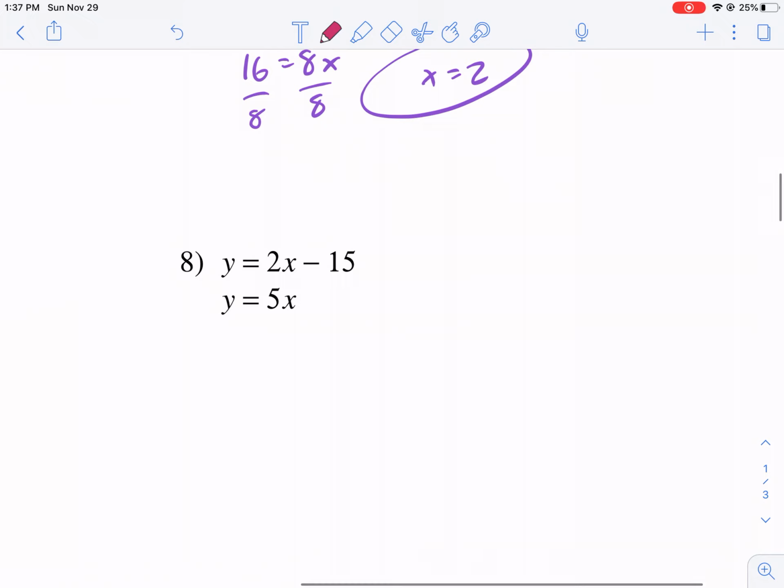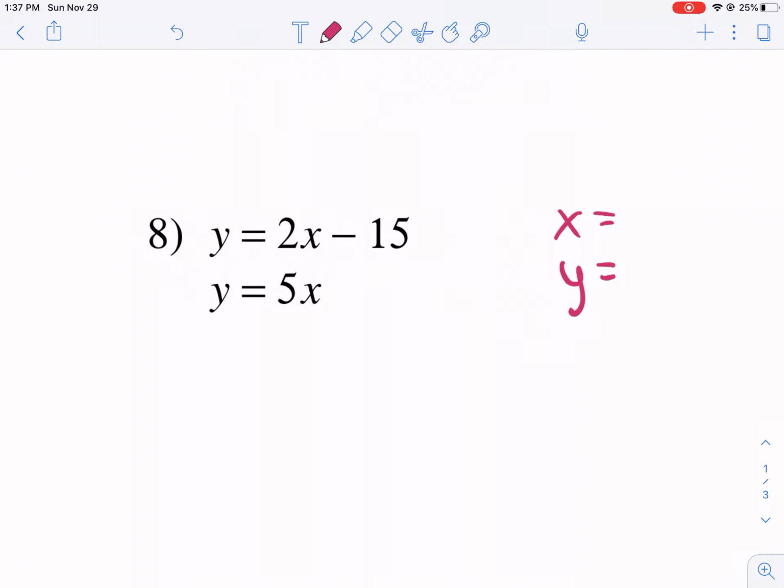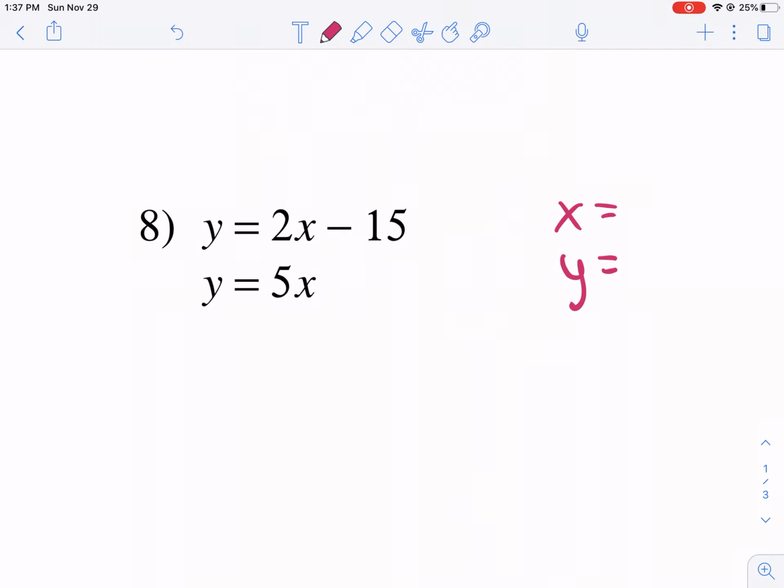Now, look, this time we're trying to find x, we're trying to find y. It doesn't tell us what y is. Well, it does, but it doesn't give us a number. This is not great, but there's still a way to do it, okay? What we're going to do is we're still going to do the same process. We're going to replace y with what it equals. We know that y equals 5x, so we're going to replace y in the first equation,